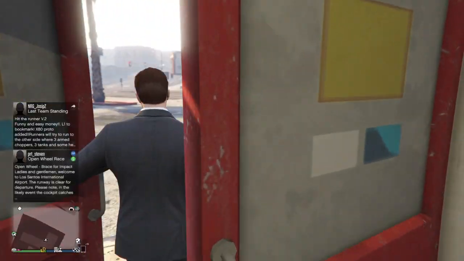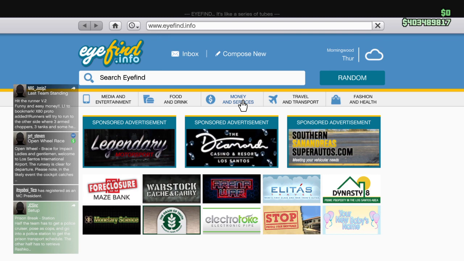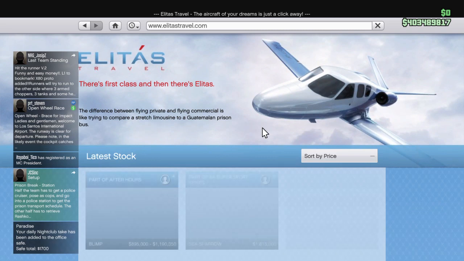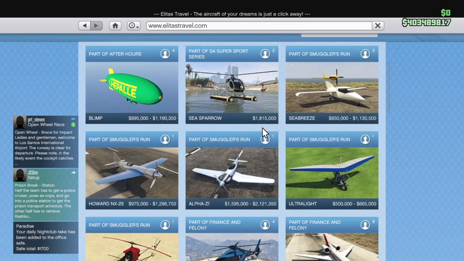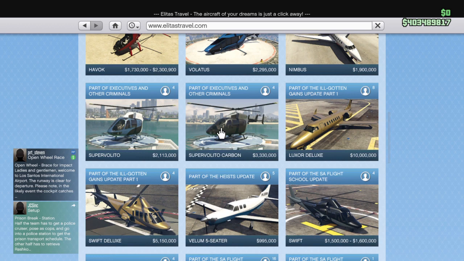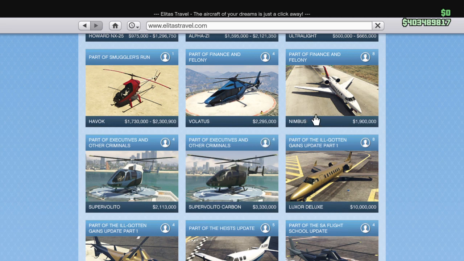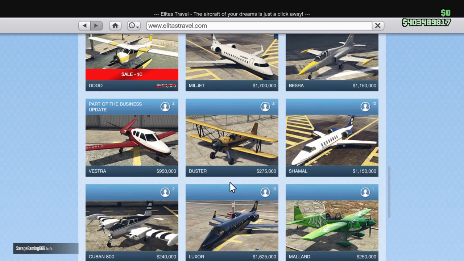Now the next thing that I do want to talk about actually has to do back with cars, and for this part of it we're going to head online here. So let's go over to travel and transport, and we're going to come all the way down to elitist travel. Now, I know what you guys are thinking. You're like, these are some pretty cool cars, vehicles, planes, and I'd have to agree with you. A lot of these are very neat and stuff that I think is very interesting, but the stuff that I would highly discourage you from getting is all of these massive jet type things. So we have this Finance and Felony Nimbus, this Ill-Gotten Gains Luxor Deluxe, and a Miljet, as well as the